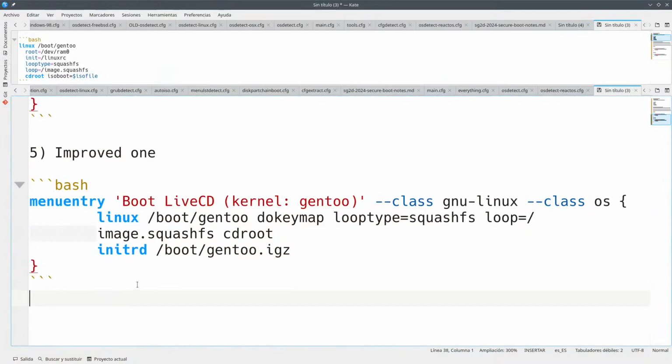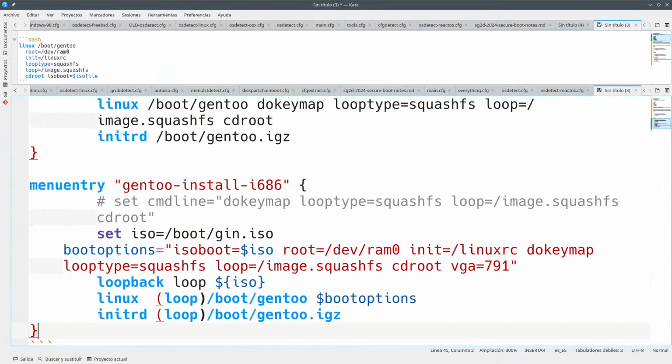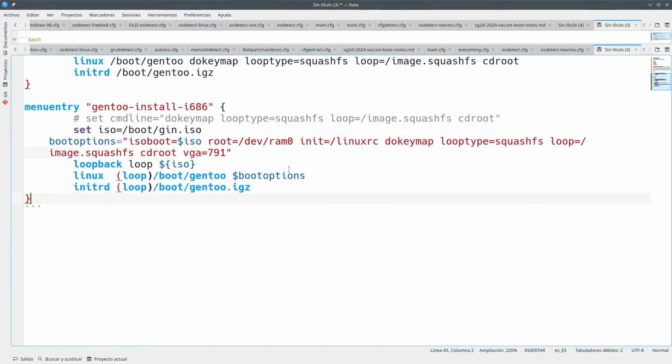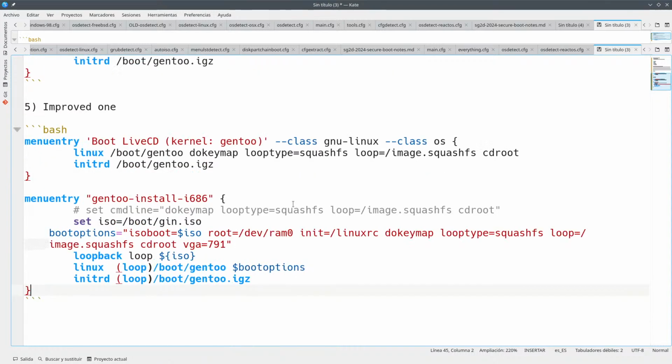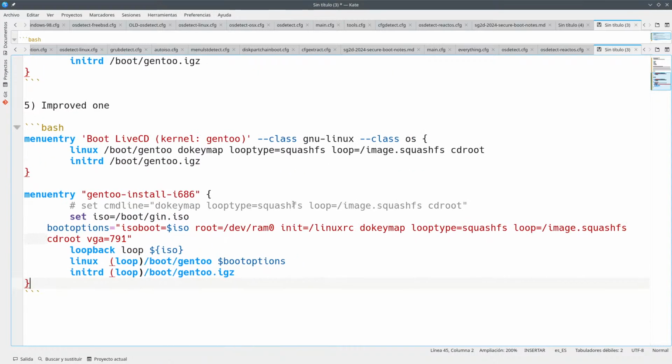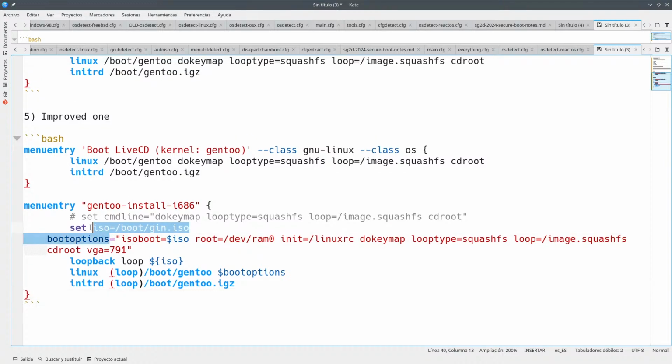do this many ways. So, wait a minute please. So yeah, I mean the boot options, you can put it in a variable so that it's much easier to work with all of this, but it's not needed.